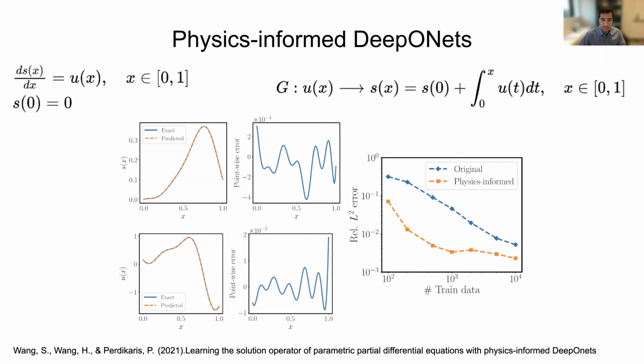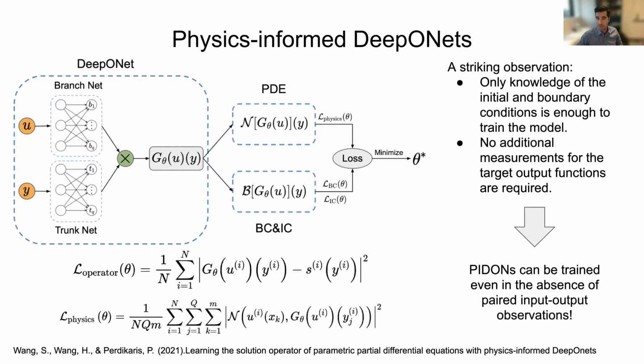So there's immediate benefits in terms of accuracy and data efficiency by introducing those constraints, even in a soft manner. So they're not implicitly hard-coded in the architecture itself, but they're imposed during model training. Now, what was more surprising to us when we started working in this direction is this striking observation that in